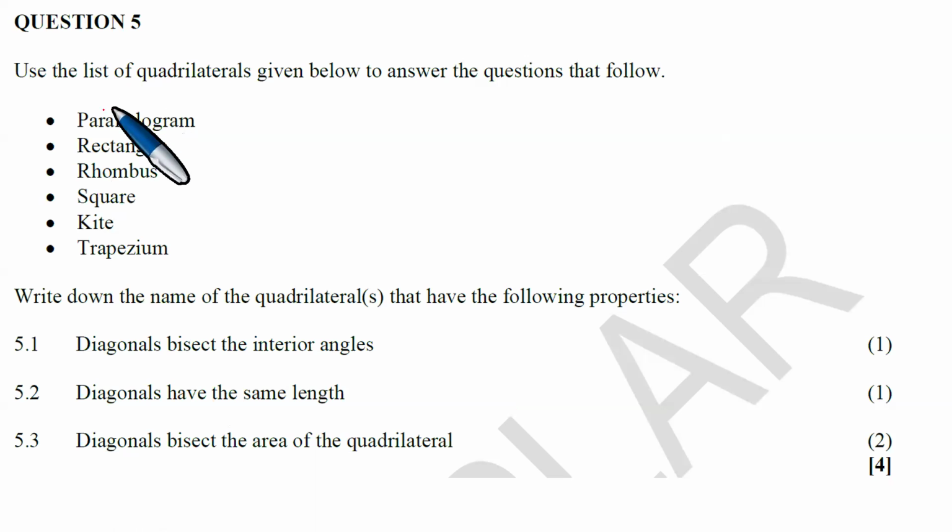Use the list of quadrilaterals given below to answer the questions that follow: parallelogram, rectangle, rhombus, square, kite, trapezium. Write down the names of the quadrilaterals that have the following properties. Diagonals bisect the interior angles. I think it's rhombus. Well done. So the diagonals bisect the interior angles, rhombus,